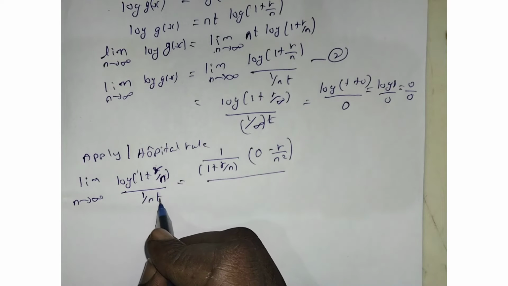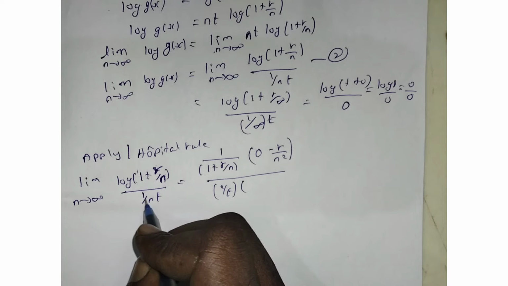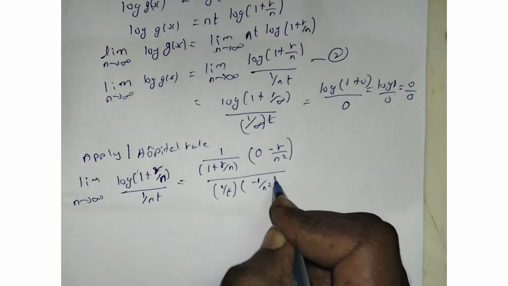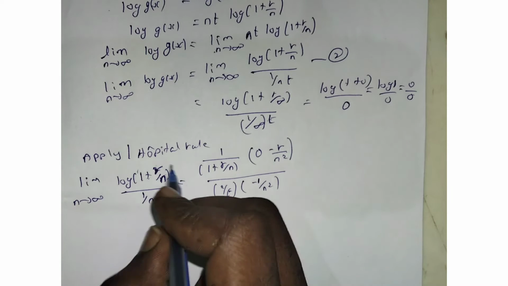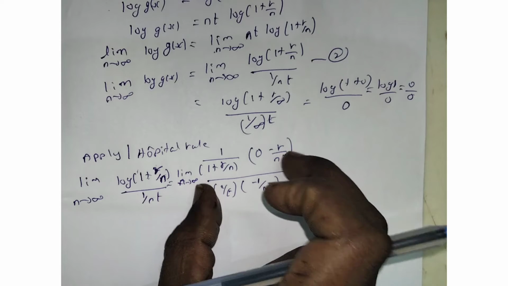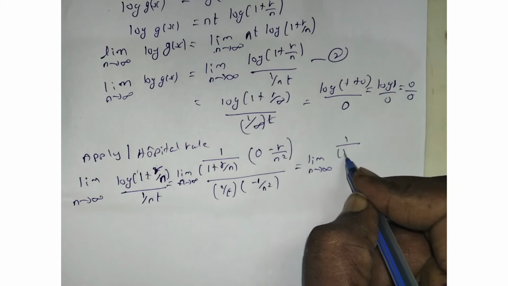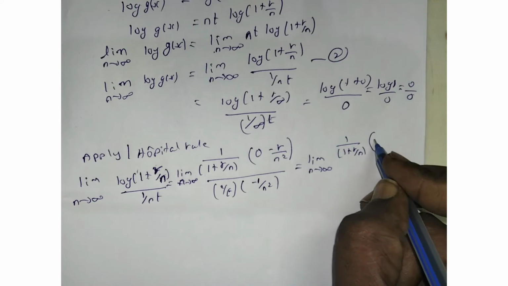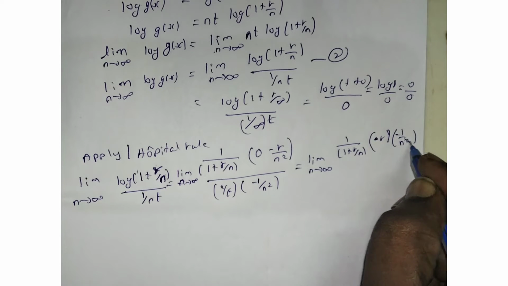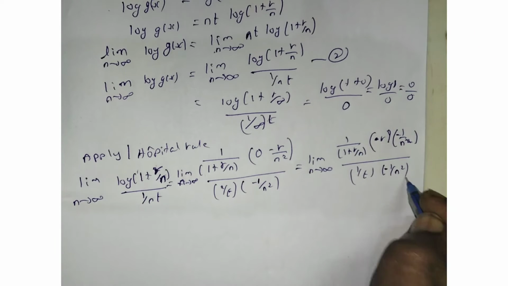Then the whole is divided by the derivative of 1 by nd, where 1 by d is a constant coefficient. So again, the derivative of 1 by n is what? The variable is in the denominator, 1 into 1 will come, change the symbol, then increase the power. So now write here the limit n tends to infinity. Now modify the term. We can write the limit n tends to infinity 1 by 1 plus r by n, that we can write as minus r into minus 1 by n squared, like the denominator we can write as 1 by d into minus 1 by n squared.